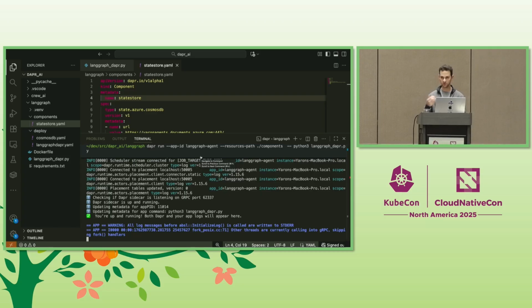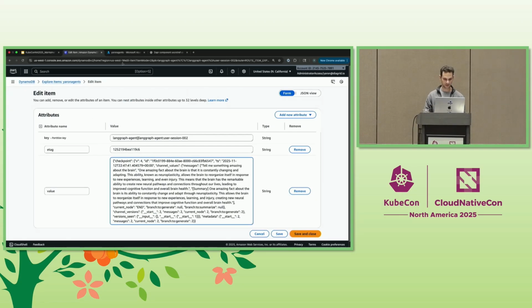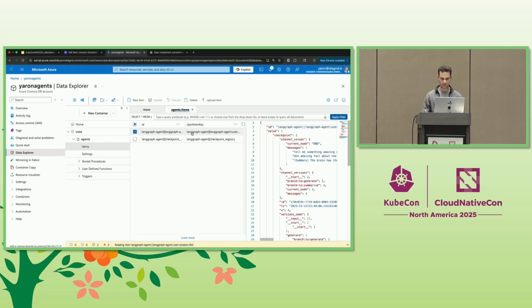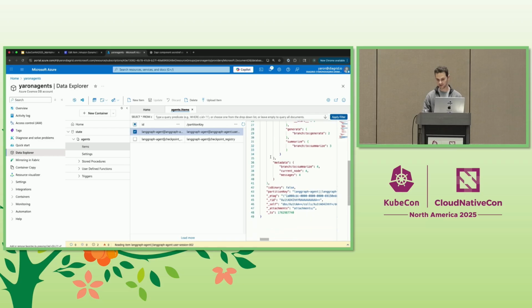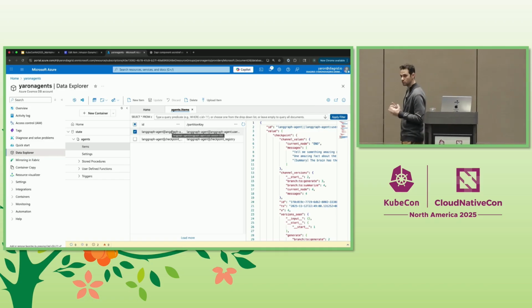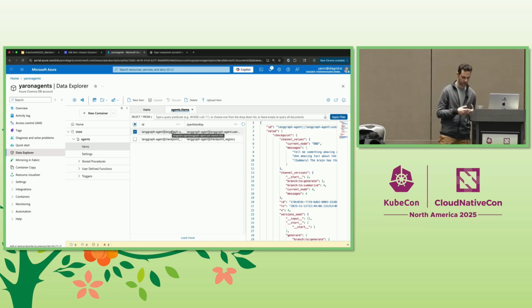Nothing in our code changed. We just switched the YAML file. The agent ran to completion. But now if we go to Azure and refresh this, they have the most confusing UI, we're going to see the exact same data structure just now saved into Azure Cosmos DB. So this is one of the great things about Dapr. It integrates really well into different ecosystems, and you're going to be seeing this coming up with more and more